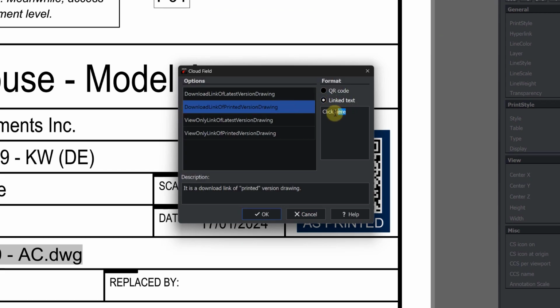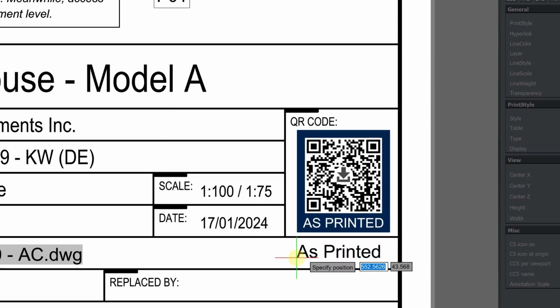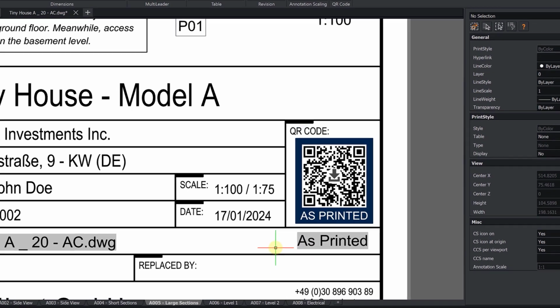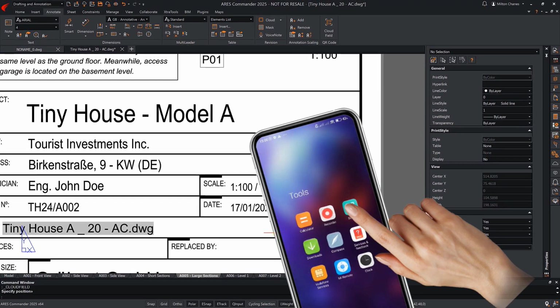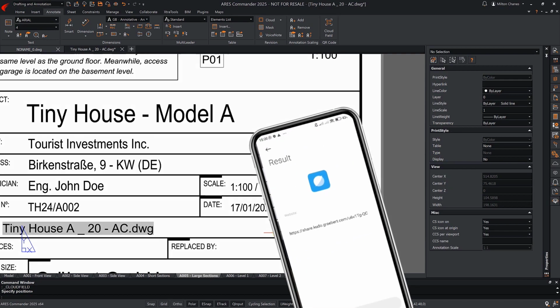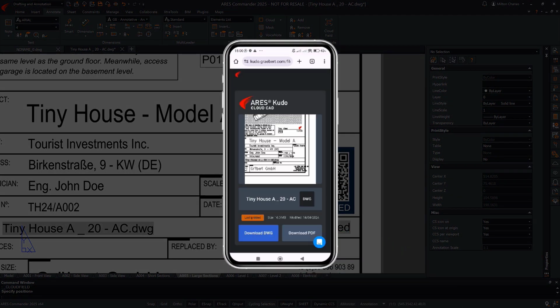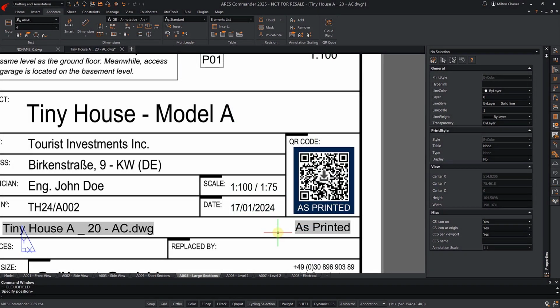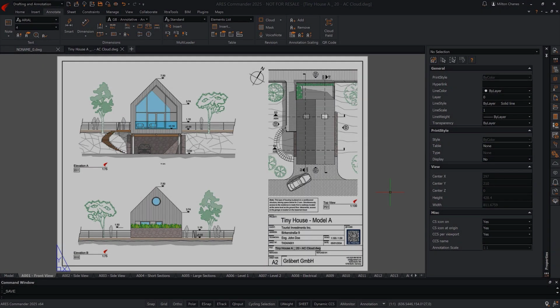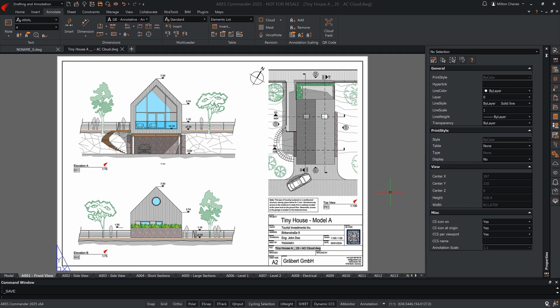Again, this QR code will lead to the drawing online, but exactly as it was printed, regardless of any changes that have been made to the drawing since then. It is therefore the version that was validated by the customer. As this QR code includes the option to download, it enables anyone looking at the printed drawing to download the source file. Potentially, all 4 of these scenarios could be used for the same project, with the different types of codes prepared for different members of the project team.